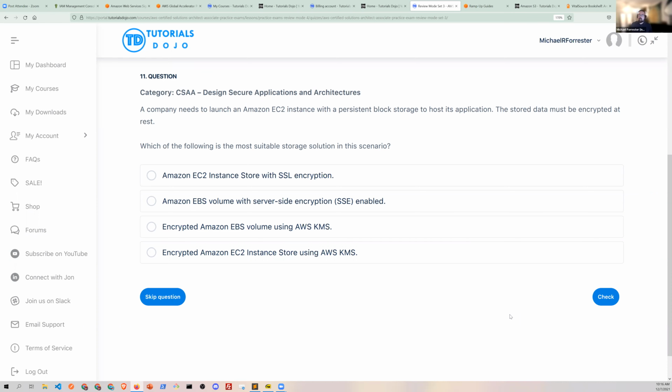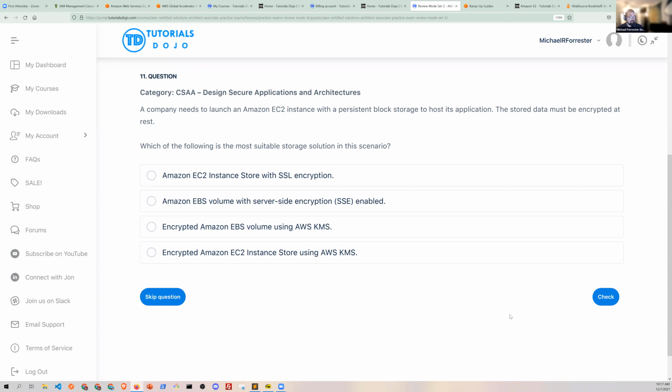Now, you do have to know what does EBS use to encrypt? And so let me just be super clear about this. Everything but S3 uses KMS to encrypt. S3 can use KMS, but S3 also has what's called server-side encryption, because S3 was the service that predated the key management system. So KMS is the encryption key management system. Everything uses KMS to encrypt except for S3, which can use its own native encryption methodology. Okay. So just note that sweet little fact right there.